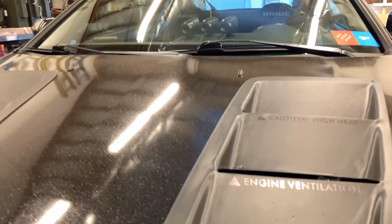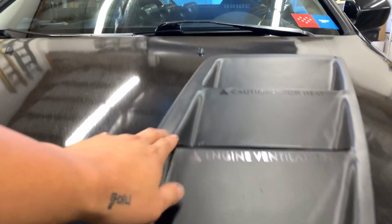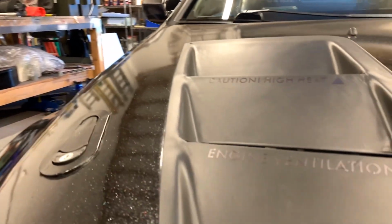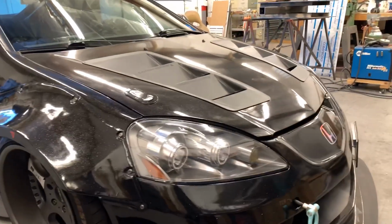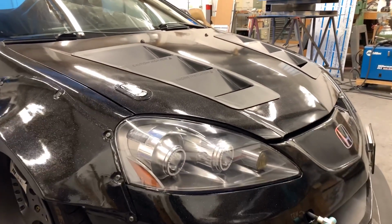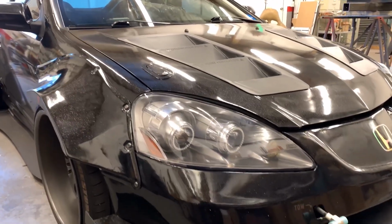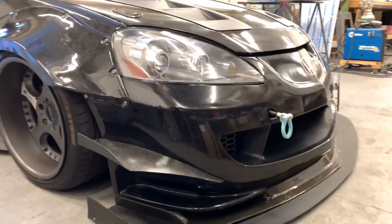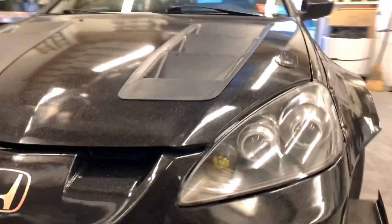So as you can see, they are not perfect. I still have to go back and clean all this stuff up, make it smoother, but for the time being it does its job, like it says right here. The headlights I custom retrofitted, dual projector, DRLs, and then I got my front bumper, which is not a legit Mugen front bumper,